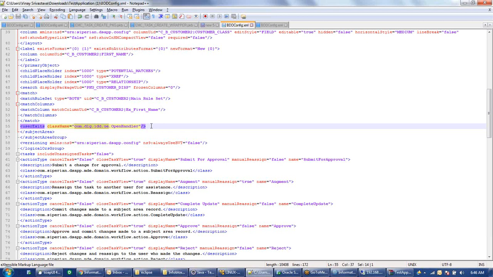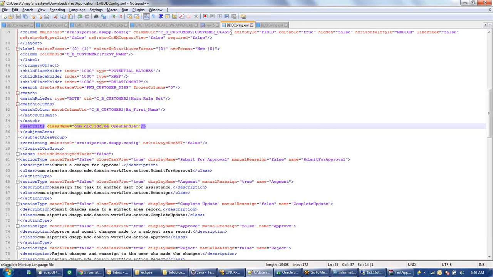So for whichever tables you have given that option in the code, as of now we have only done it for the customer, so I am just doing it in the customer. If you have done it for any other base object also, like address or category, subcategory, you will have to go to all the subject areas and just copy paste this user exit code. And in places where you don't want it to fire, just don't add this.